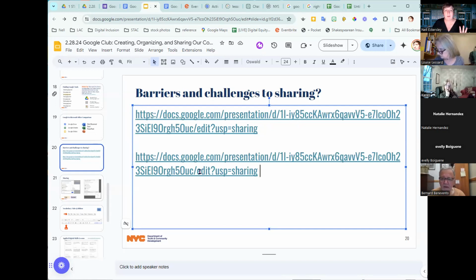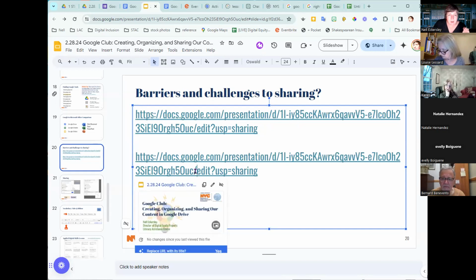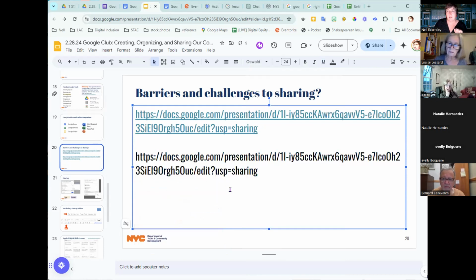But I want to point out that one last trick here is if you change this word. Okay, first of all, this is a live link, and I know that because it's blue and it is underlined. I want the link to go away. So I have these options here of copying it, editing it, or removing it. I'm going to remove it. So this is no longer a hyperlink. It's just a bunch of letters and numbers and whatever.